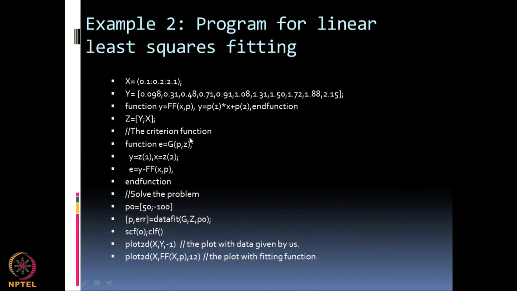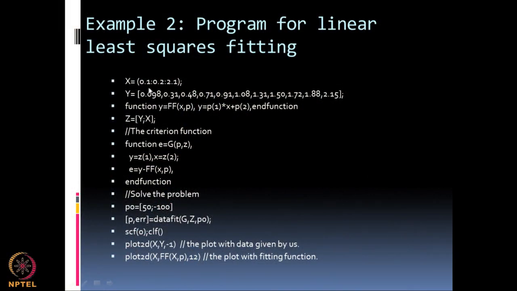Okay. So, now if I want to extend the same thing to a linear fit. So, I have done an exponential fit. Now, how will I do it for a linear fit? Just see this, this is a little easier. X is equal to 0.1:0.02:2.1. So, this is my value of x, this is a set of data points. Now, I want to fit a linear function. When I fit a linear function, what do I do? The function y of ff(x, p), this y function now is p1 x plus p2. This is a linear function. In the past, it was an exponential function.